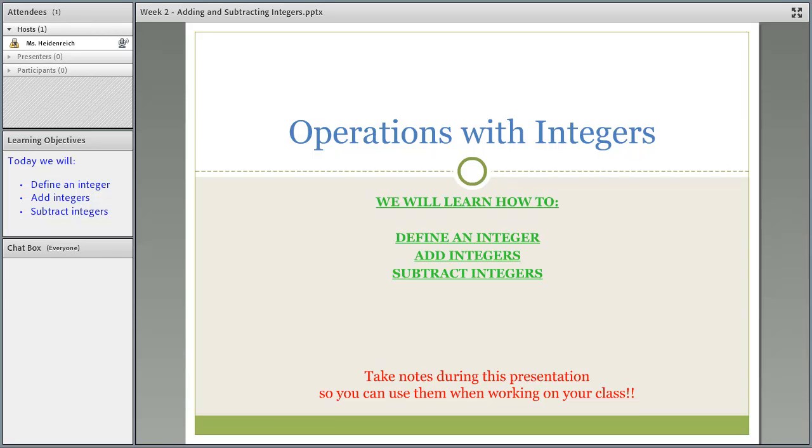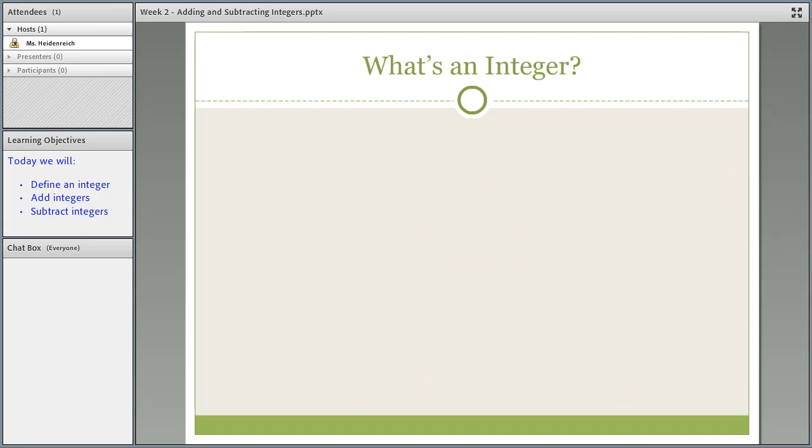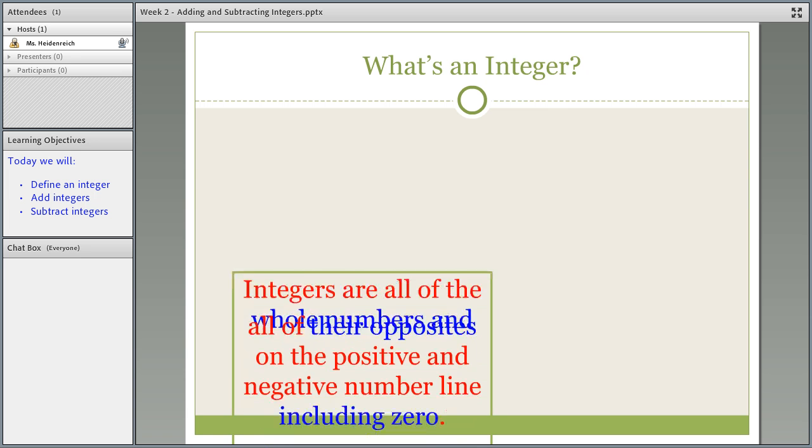Hi everyone! Today we're going to be talking about operations with integers, and specifically we're going to learn how to define an integer, then we're going to add integers together and subtract integers. So make sure you've got out your math notebook so that you can take notes and use them when working on your class. So first we're going to start with defining an integer, and a basic definition would say that